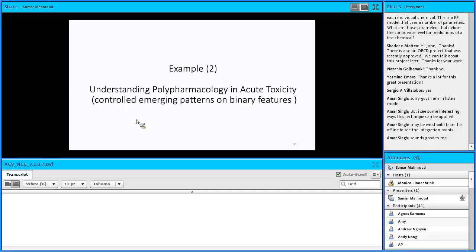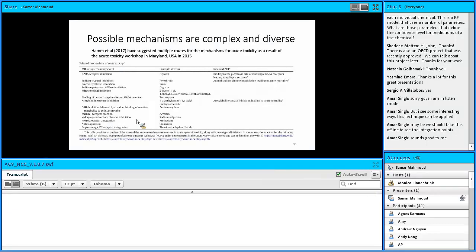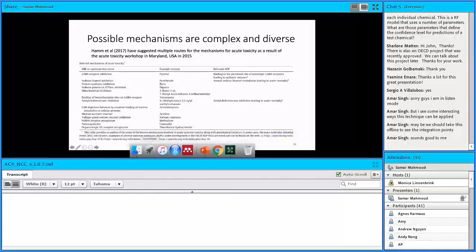For the second example, where we used emerging patterns to understand polypharmacology in acute toxicity, several target-based mechanisms for acute toxicity have been proposed, including GABA receptor inhibition, mitochondrial impairment, dopamine receptor antagonism, and the most common mechanism is acetylcholinesterase inhibition. However, we would acknowledge that acute toxicity might not arise or be triggered from a single molecular initiating event, and it is rather a very complex